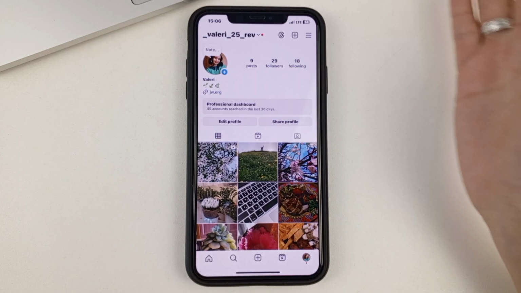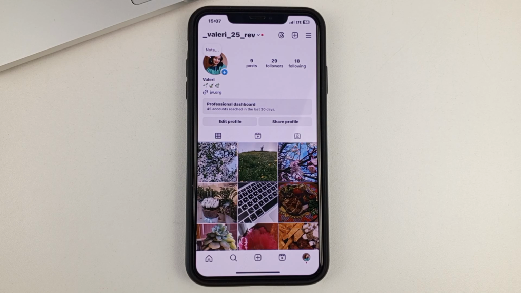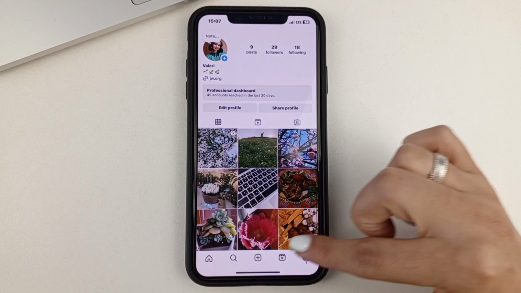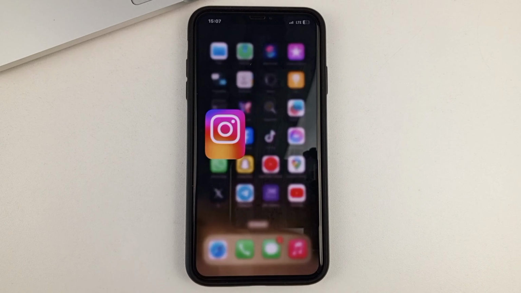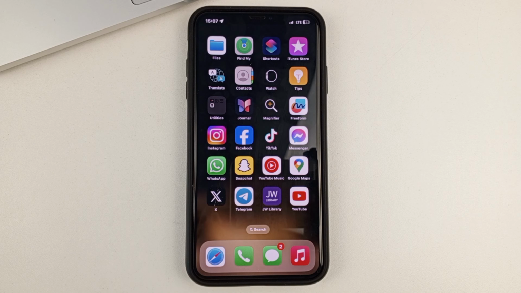And after such actions, friends, all people will be able to share your, for example, posts and reels and stories, which, in turn, will increase your page views, your post views, increase your likes, and your Instagram reach. Friends, I really hope this video was helpful to you, and you saw how you can allow people to share your posts to their stories.